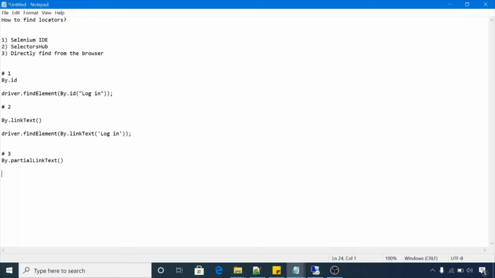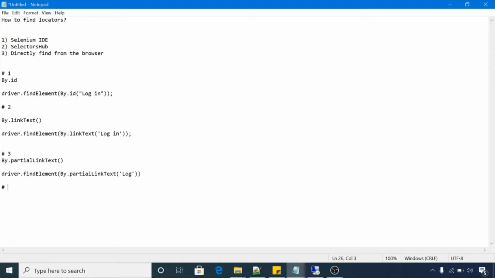So it will search for that element, but this is not a good idea, because elements can be broken and you will not find the bug. So use the complete link text locator. Driver.findElement(By.partialLinkText), and in this you can pass log, without passing in, and it will work.